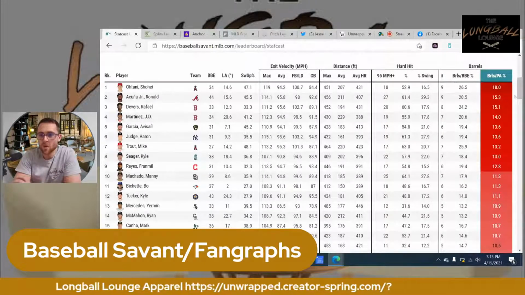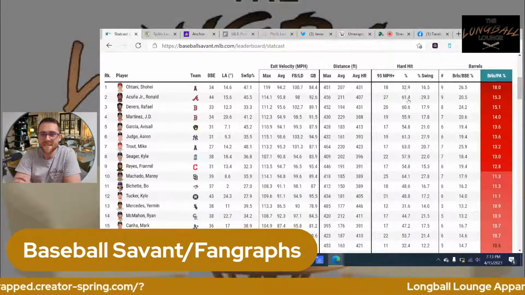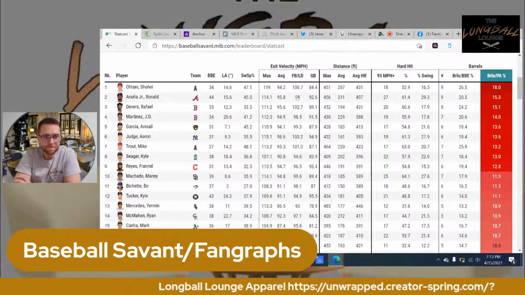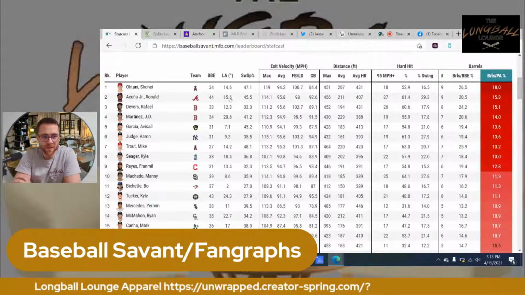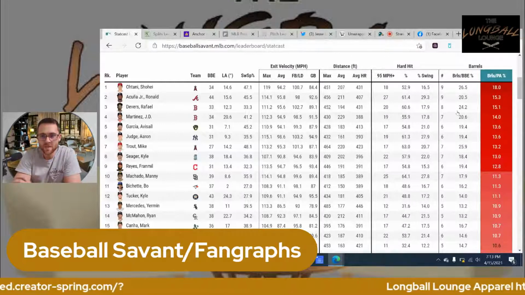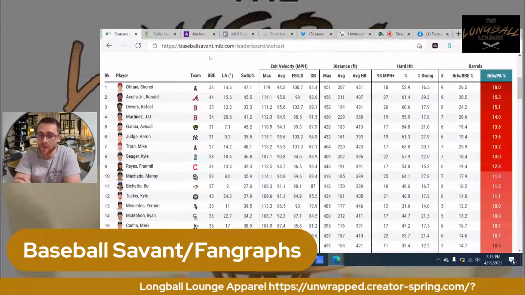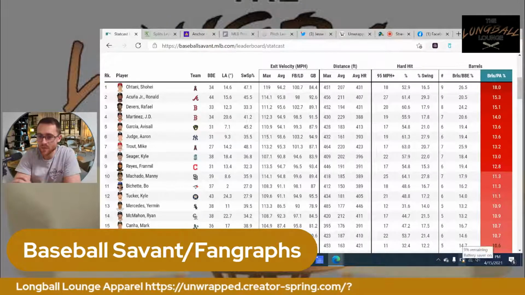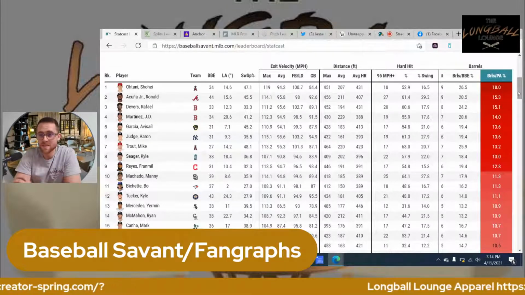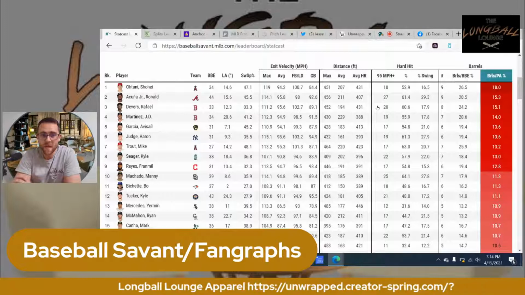They're the ones barreling balls. They're the ones hitting it hard. 61% hard hit rate for Ronald Acuña right now. The guy is on flames. All these things mean something. Even if Ronald Acuña was batting .200, this is the important stuff right here. In fact, if he was batting .200, you would know a big breakout's coming soon, because a guy's not going to be doing this much damage and the balls are not going to keep not finding gaps. It doesn't happen too often. So when you're digging into players that might be on slumps, look at this.